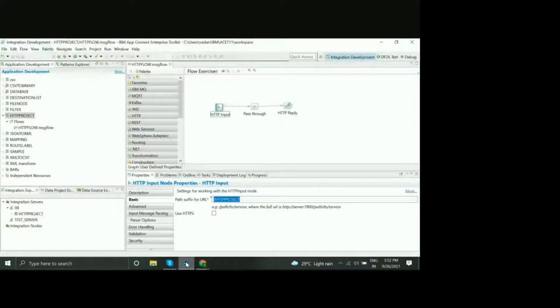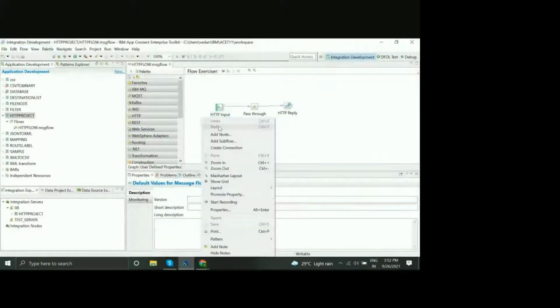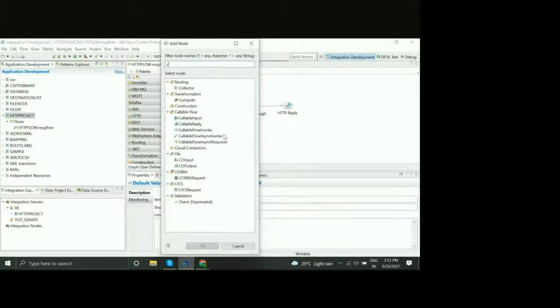Now what we'll try to do is make the input that you provide to this application not be considered, and the output should always say hello world, for example. So let's add a compute node to that flow. Right click, add node, compute.